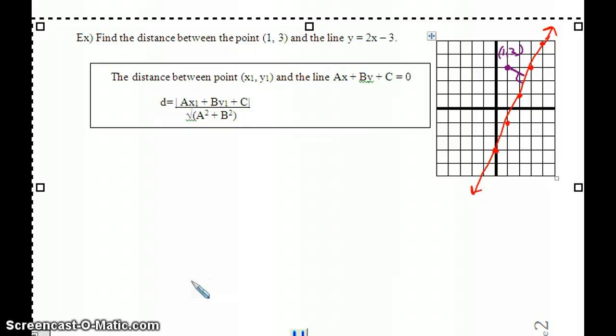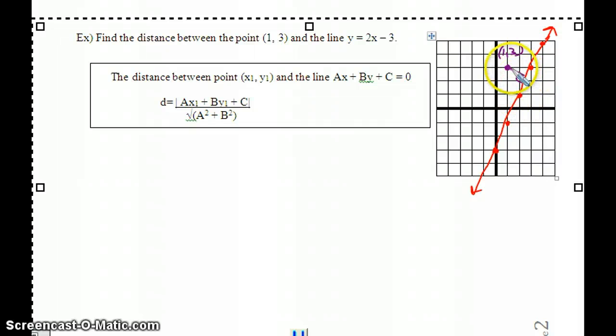Alright, the third topic of this video is finding the distance between a point and a line. So I invite you to pause the video and graph the line and plot the point. Take a second, pause the video, and graph this, and then come back to what we're going to discuss now. Okay, so now that you've graphed it,